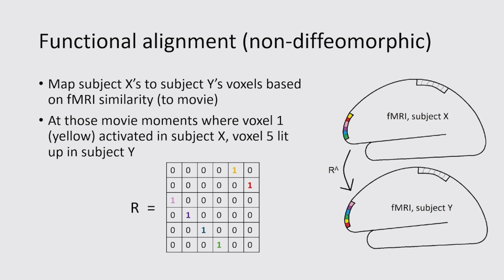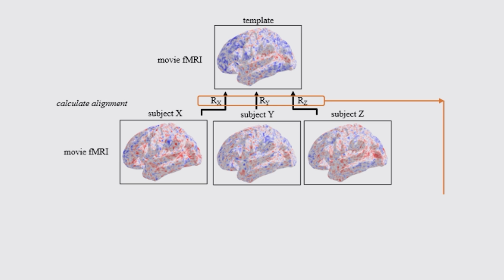Now, how do we know this is doing anything useful? So we can test it. For example, we've tested it in the Human Connectome Project data. On the bottom, you see the movie viewing fMRI of 3 different individuals. On the top, you see the template's movie viewing fMRI time series. And this can simply be the group mean of a bunch of people's movie viewing time series. And we use this hyperalignment or functional alignment method to discover these R matrices that are going to map from each individual to the template. So we've got Rx, Ry, Rz. And the question is whether these R matrices are going to be doing anything useful for us. And so what we do next